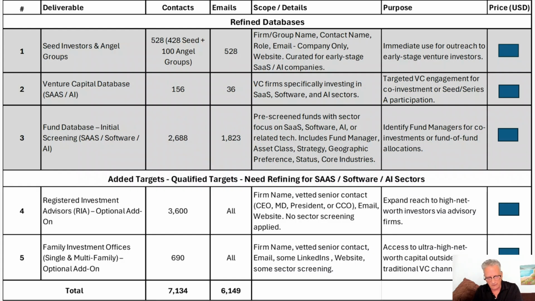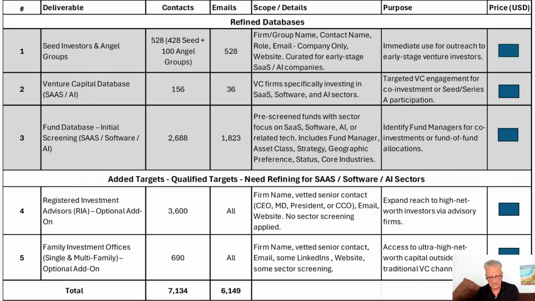Then number 5, family investment offices. This is the holy grail of investor target lists. This is what everybody wants. They're really hard to get. I've done a number of videos on how those particular types of databases end up: you buy them, a lot of times you buy them for 3 or 4 firms, 5,000 contacts. Well, I can tell you that 690 contacts came from 2 databases that I acquired that had over 5,000 contacts that said, these are family investment offices. Well, guess what? They weren't.